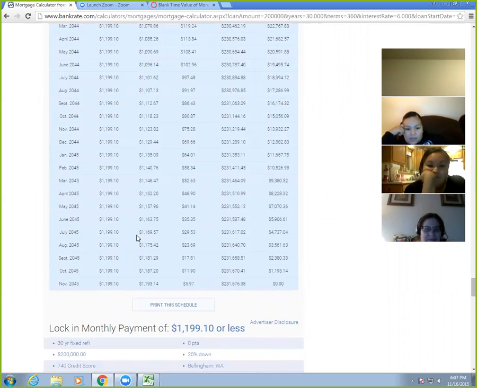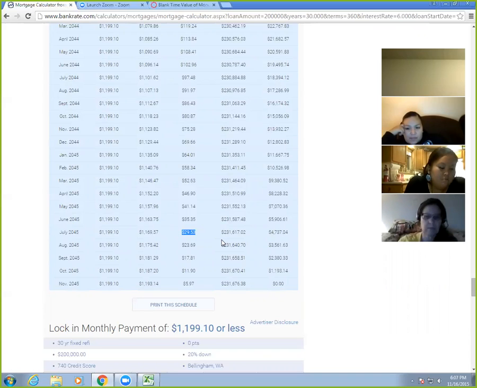And so this 1169 number is the amount of principal that you're paying off. And every month, at that point, you're only paying $29 in interest. So it totally reverses. And that's because with a home loan or a car loan, the way these things work is you pay a fixed amount every month. And in the beginning, your interest is up here and your principal portion of your payment is down here. And it slowly reverses like this until you pay it off, until the last payment that you make, doesn't show it here because it's uneven, but the last payment you make is essentially all principal